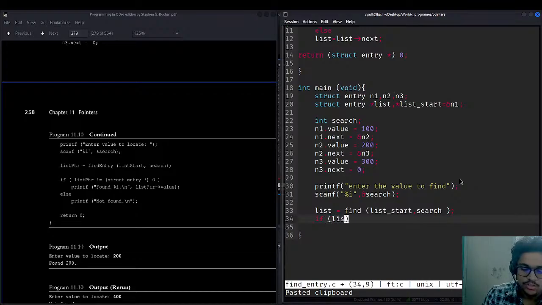So if the list is not equal to the null character. Why do we need the list variable? In order to store the list here, we need to find the value from a particular list. Redundant, what is the meaning of this heavy English word? My English is not that good, brother. Please use easy to read.